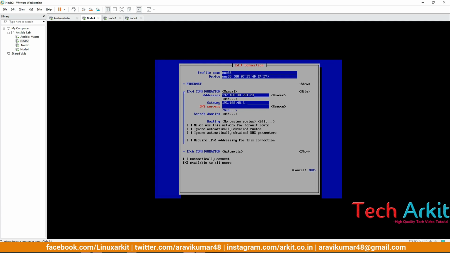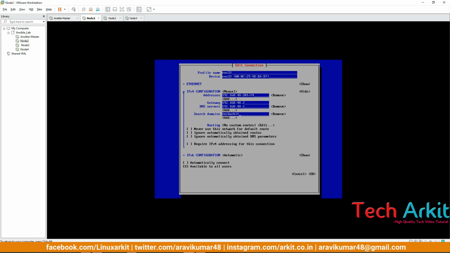Okay, and DNS, if you want to add, you can add it, because we require an internet connection for this, so that's why I'm adding the DNS over here. techarkit.local is the domain name which I would like to search,